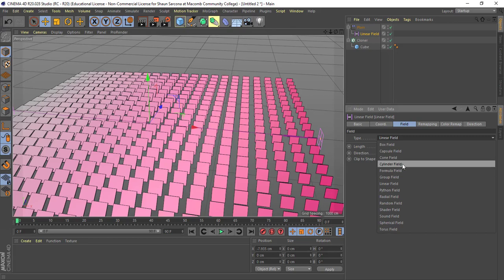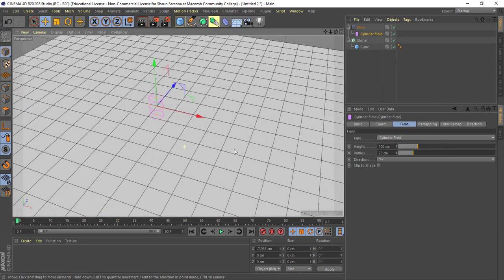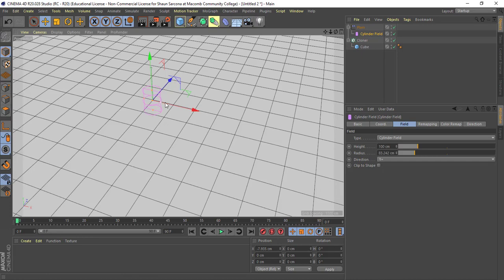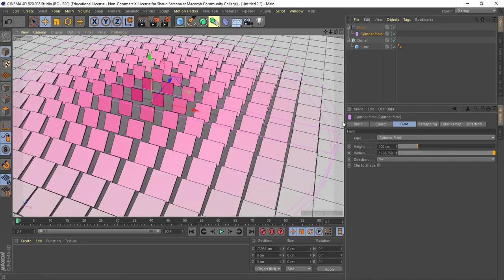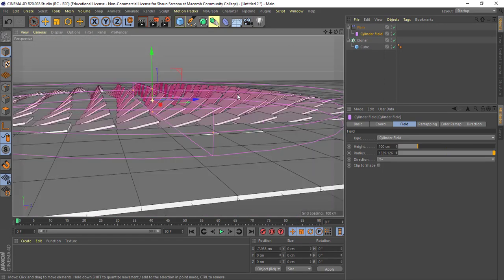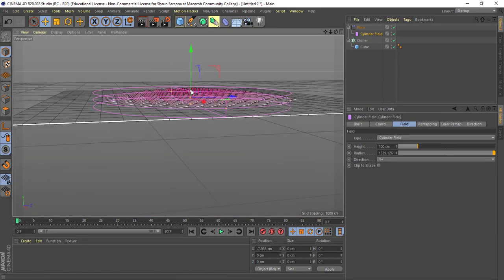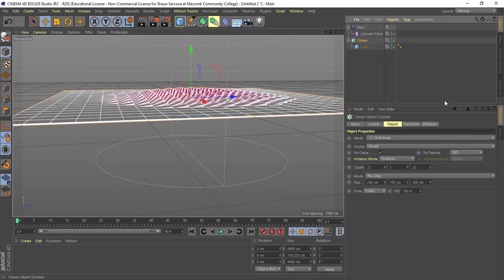If I just go to, let's say, cylinder, you'll see I get a cylinder in the middle here, and as I make the cylinder bigger, I'm able to then control it in a cylinder-esque format. Now, in this case, we don't have any height to this, so the height really doesn't matter. But if I went back to my cloner, and I'm going to set this to, I guess 100 is fine. If I set this to, let's say, 50,